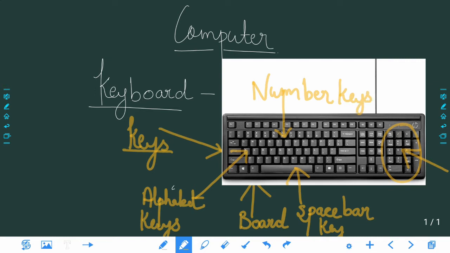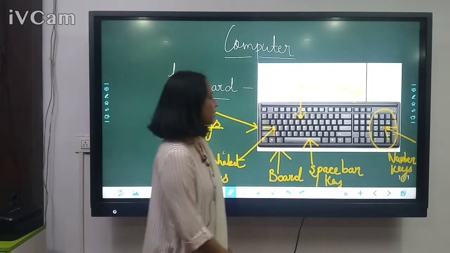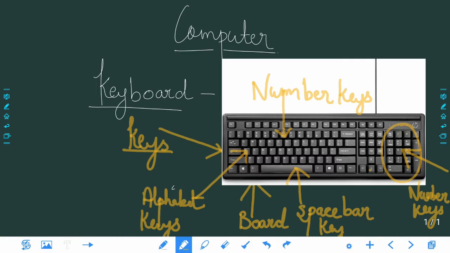Here also you have number keys. And can you see there are 4 arrow keys.